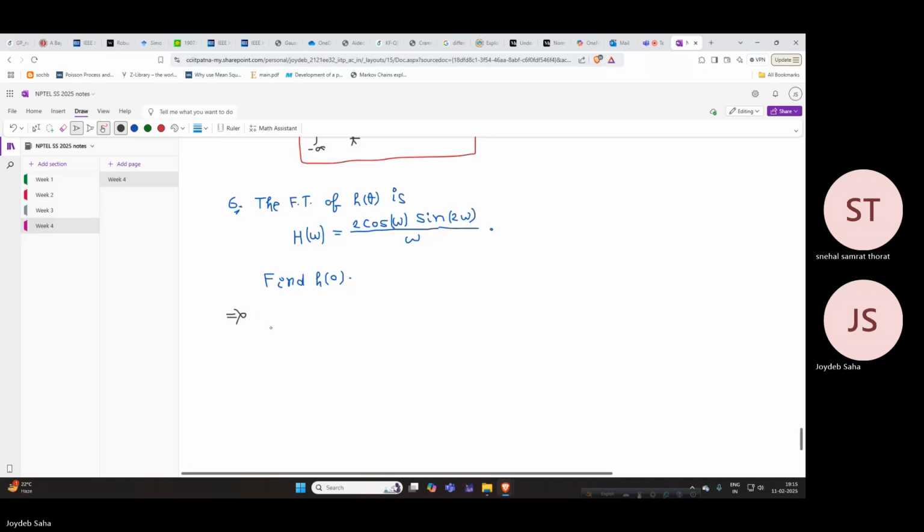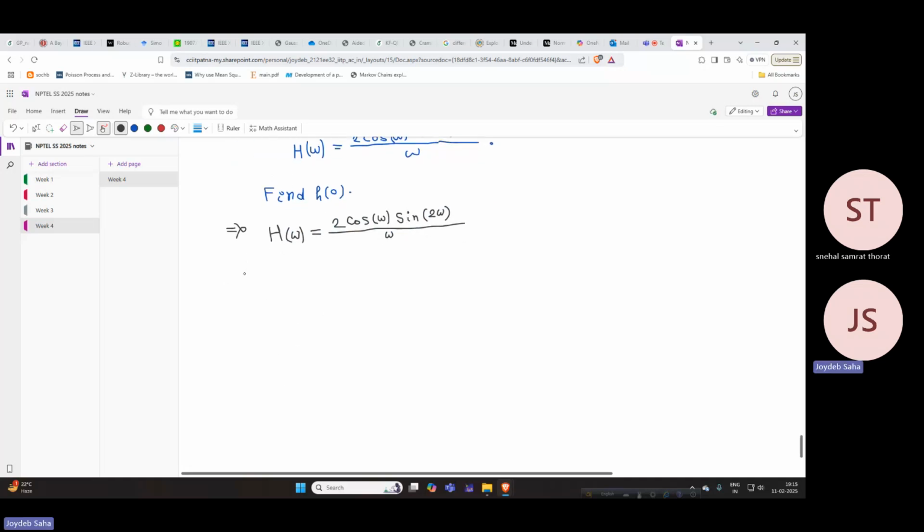First, H omega is given. What is that? It is 2 cos omega sine 2 omega divided by omega. Okay, now